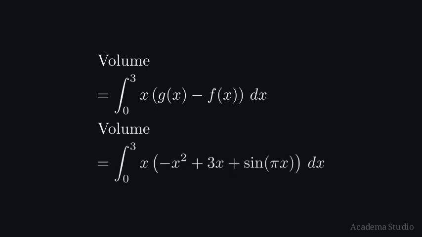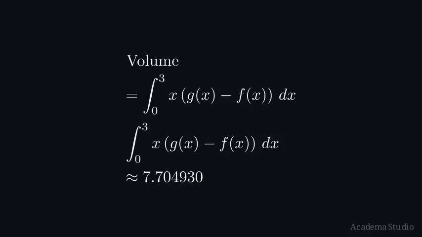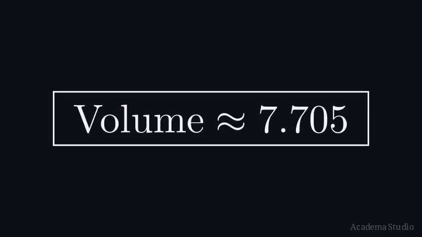Volume equals the integral from 0 to 3 of x times g of x minus f of x dx, which is the integral from 0 to 3 of x times negative x squared plus 3x plus sine of pi x dx. The calculator gives 7.704930. Therefore, the volume of the solid is approximately